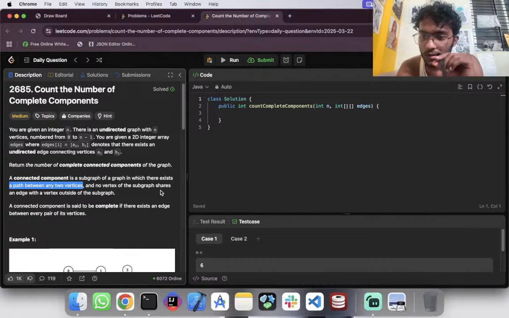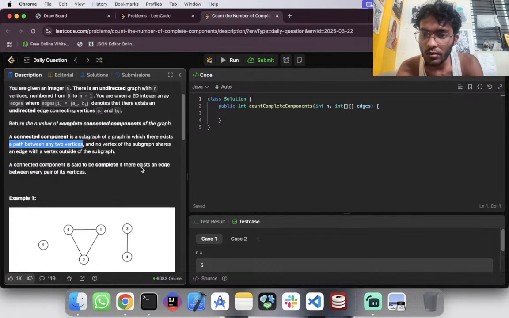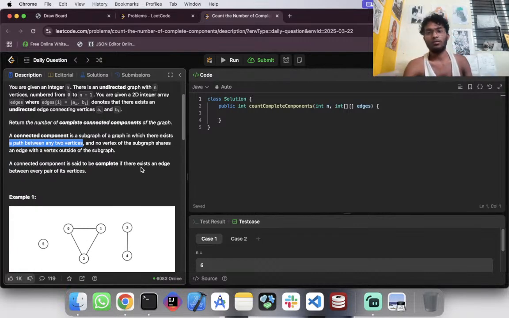There exists a path between any two vertices, and no vertex of the graph shares an edge with a vertex outside. Okay, so all to all,